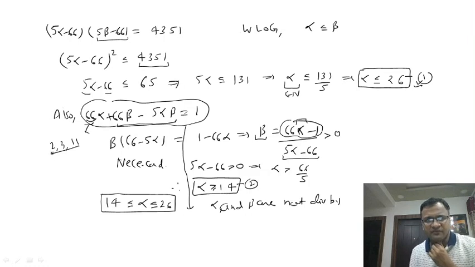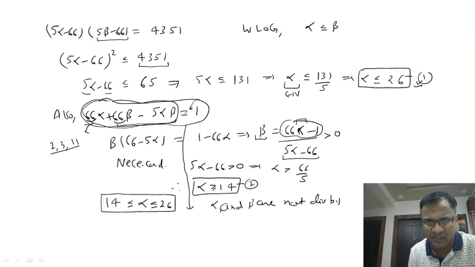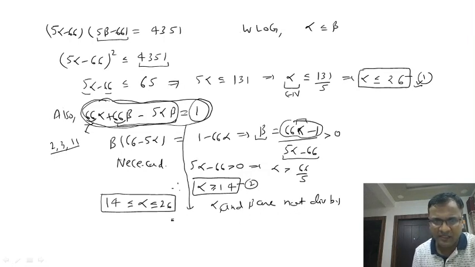The coefficient of beta is also 66. If alpha and beta were divisible by any one of 2, 3 and 11, then the whole LHS of this equation would be divisible by 2, 3 or 11. But the RHS is only 1, which is not divisible by any of 2, 3 and 11. So we can say that alpha and beta are not divisible by any of